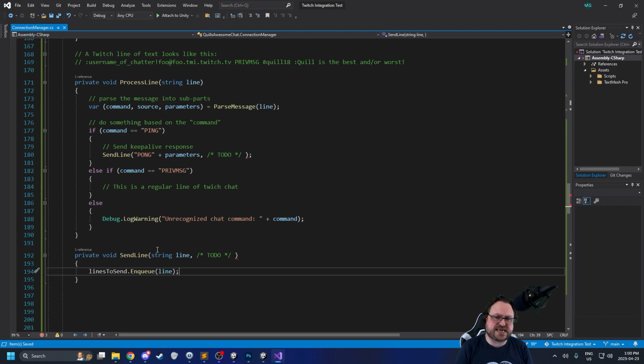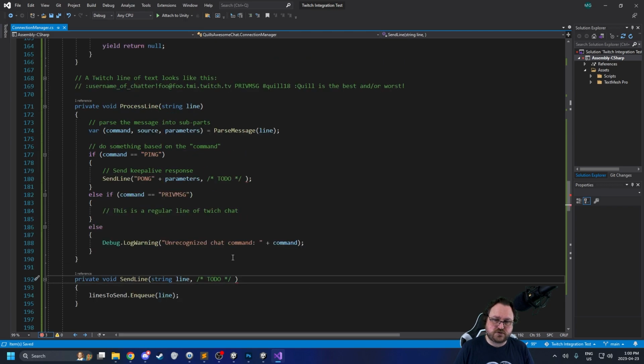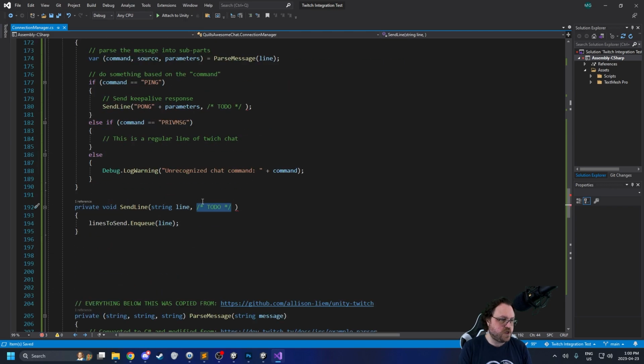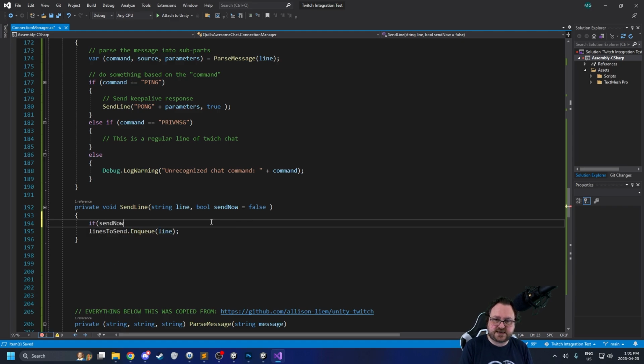However, some things need to be sent immediately. For example, the response to the ping command, we want to make sure it goes out immediately so we don't get timed out. So what we're going to do is set a parameter over here, a boolean, which is just going to be called something like sendNow. And it can default to false. So normally we won't be sending a second parameter. But in the case of the Pong response here, we're going to set this to true so that we send it immediately. So then what we do is we do an if sendNow